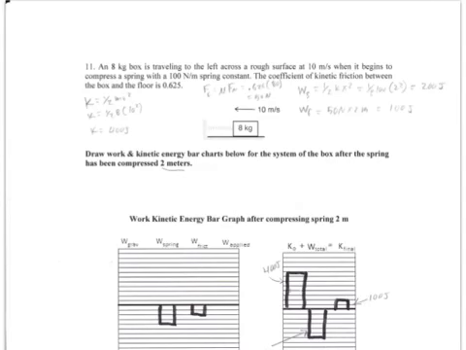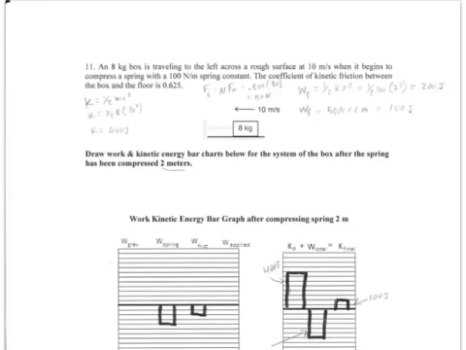Okay, now I just got the box going the other way. In this case, I'm told what the mass of the box is. It's an 8 kilogram box that is going 10 meters per second. So it has some kinetic energy to start with. I'm going to calculate its kinetic energy. K equals 1/2 mv squared. 1/2 of 8 is 4. 10 squared is 100. So I have 400 joules of kinetic energy to start with, which I'll put right here